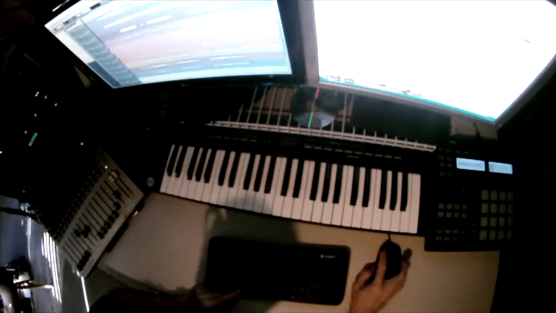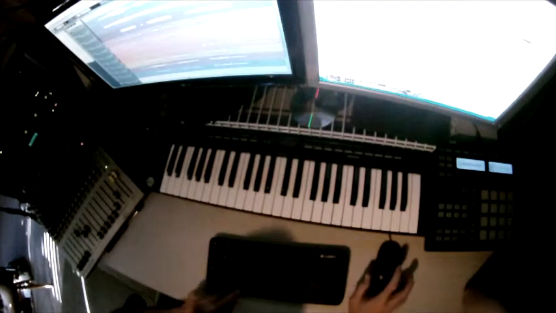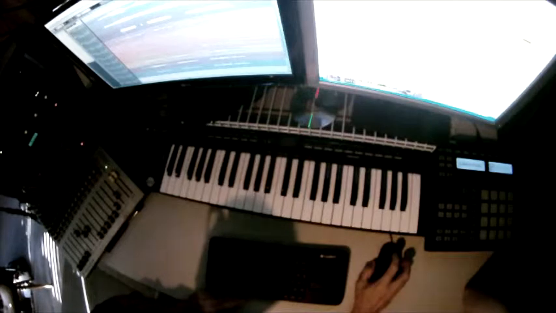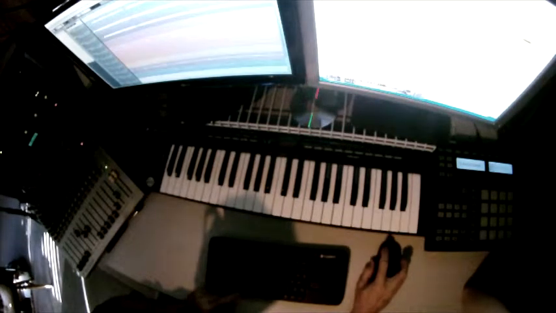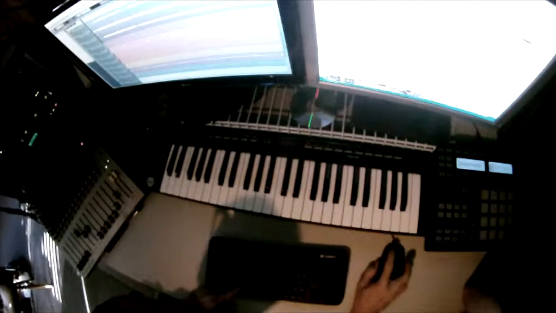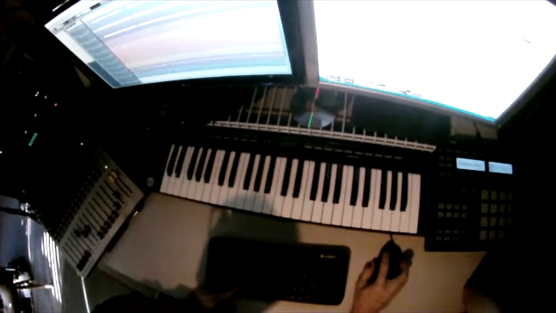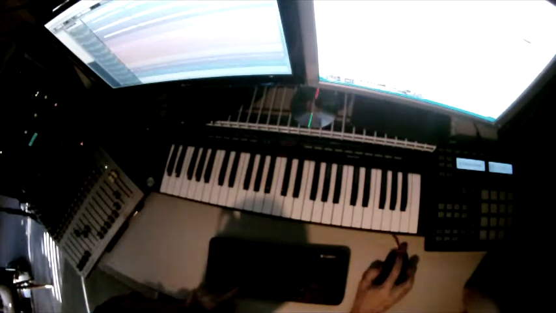Okay, you hear that? You hear what he did? See that right there? That's the bass drum. So let's listen to the bass guitar with it. See, it's sloppy.